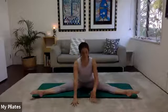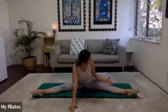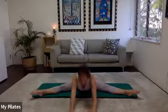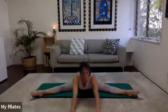So for a more beginner version, take your hands behind you and lean forward. Otherwise, just walk your hands forward gently, slowly. We're going to take ourselves over into a side split. Whenever you're doing side splits, be mindful that your kneecaps are facing the ceiling and that as you reach down and over, you're just taking it easy, right? Taking it and listening to your body and allowing the space to